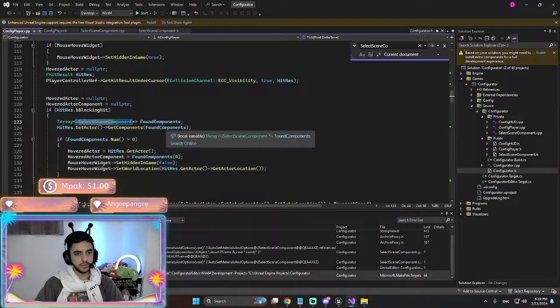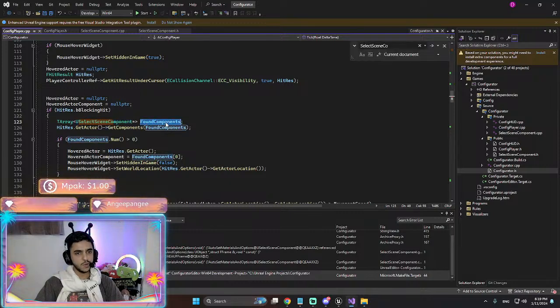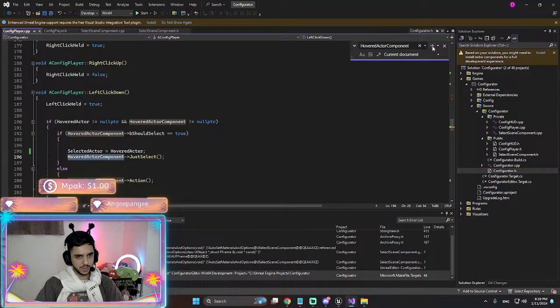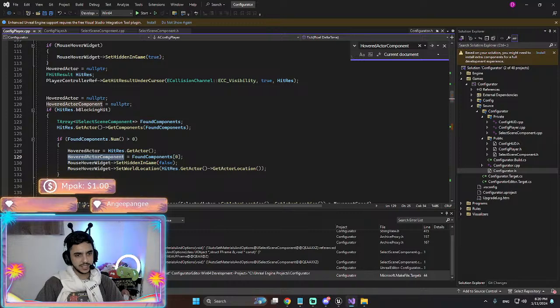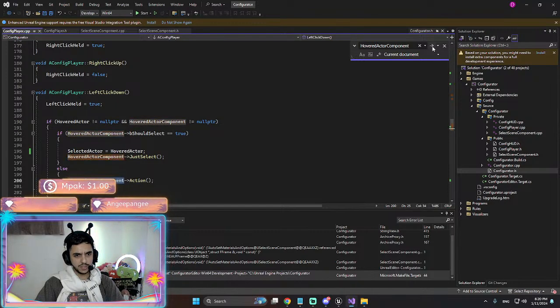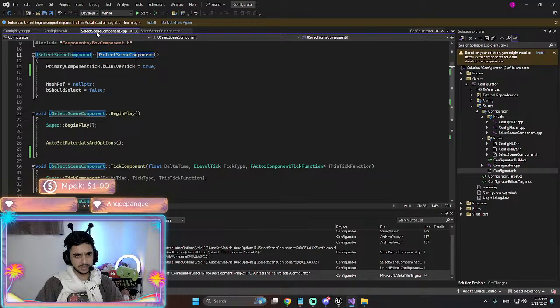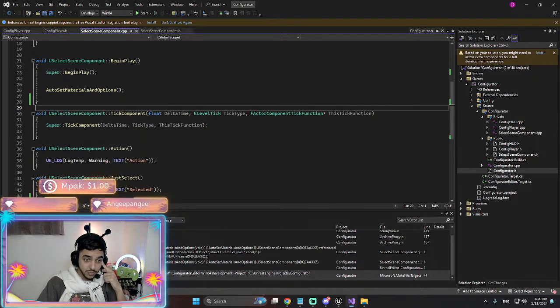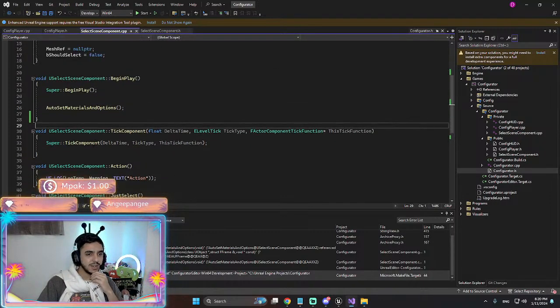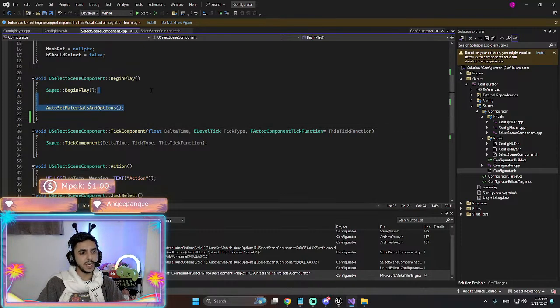We shouldn't call that function, so it's gonna be this part, found components, and then just select an action. Then what's the problem? So we have it just select an action, but we don't have anything else done here. Maybe it's calling inside itself. Doesn't seem like it. Oh yeah, I am in begin play. It's no longer there.